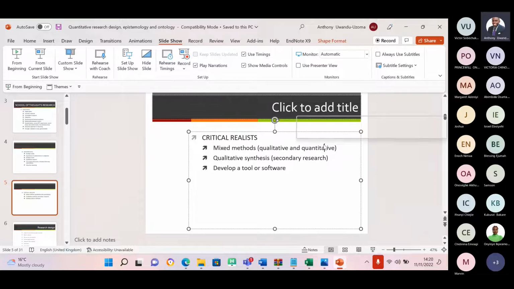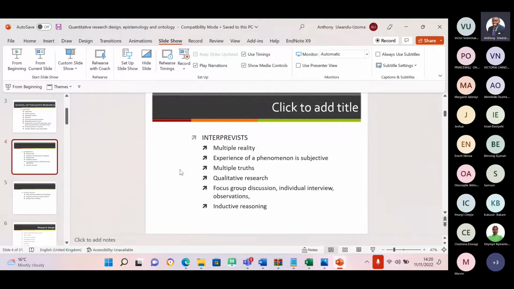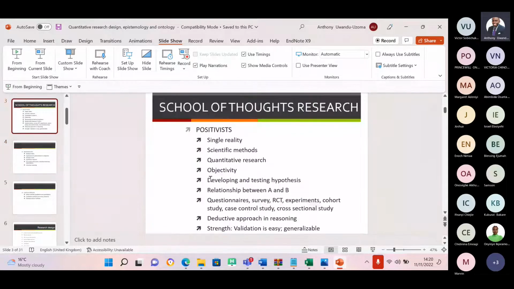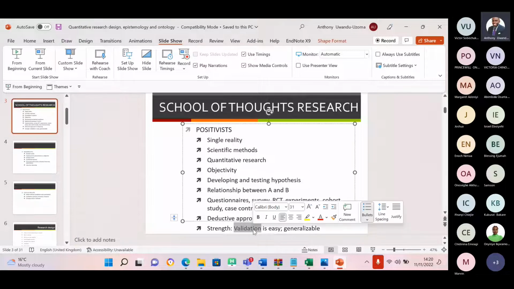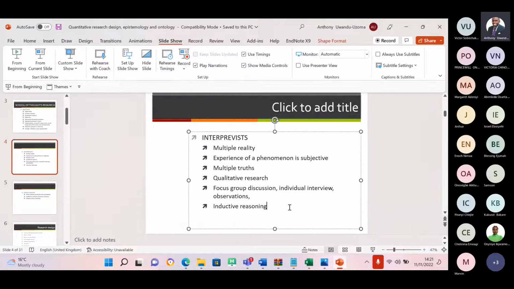So I told you that for quantitative data, the advantage is that validation is easy. That's the advantage. And the strength for this side is that